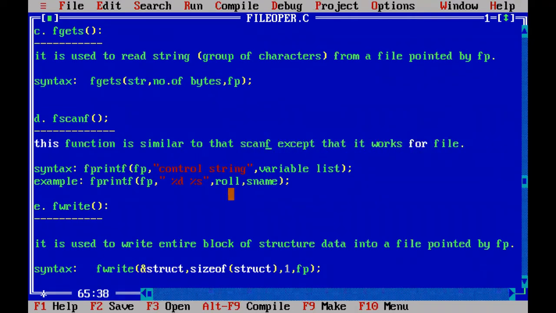And what is the syntax? The syntax is the opposite of printf, we have to write fscanf. It will take these 3 arguments, and the working style is different. Let me explain. Before that, let me change the example section also.